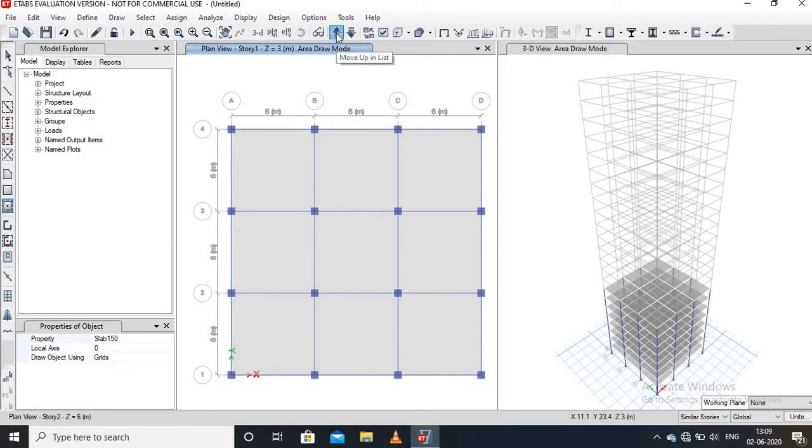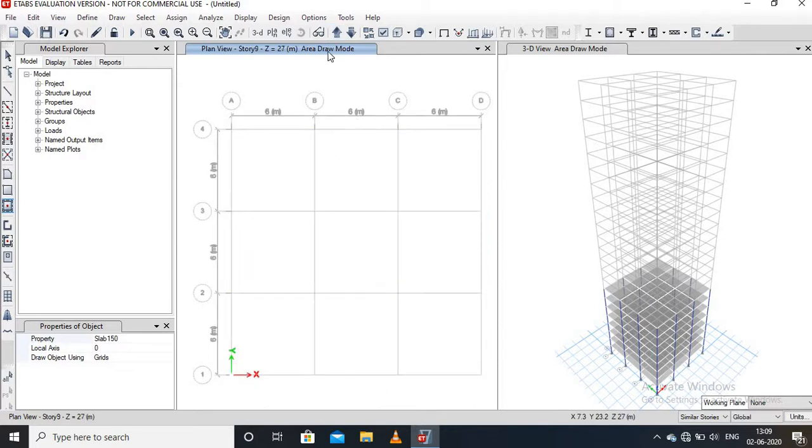Then go to story 9 by the upward tools. We have to also draw beam, column and slab for this plan.